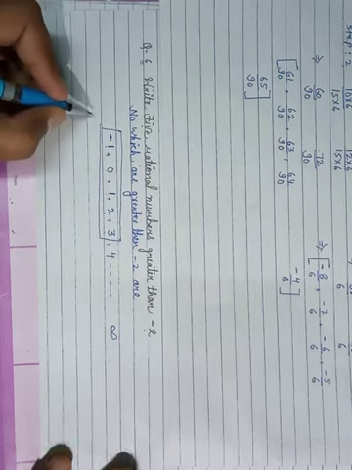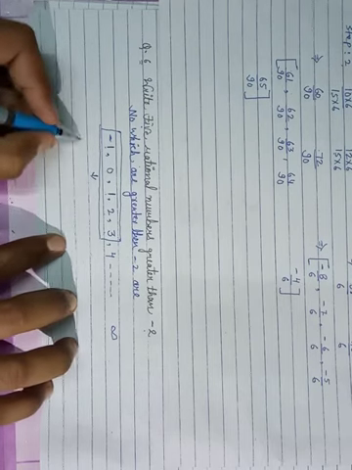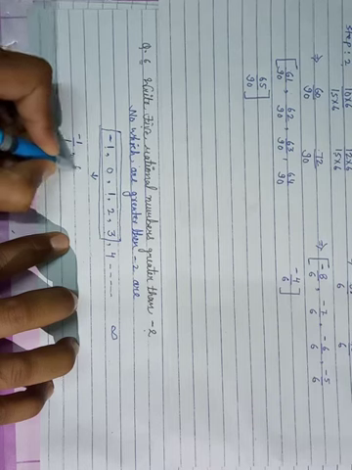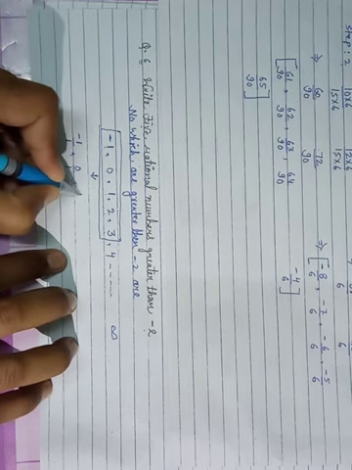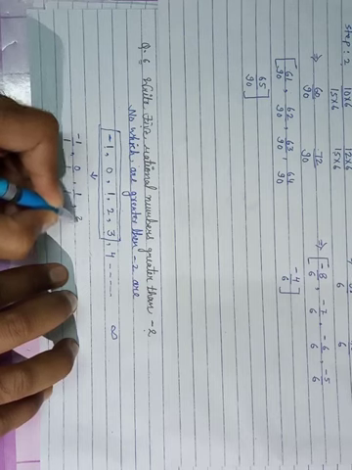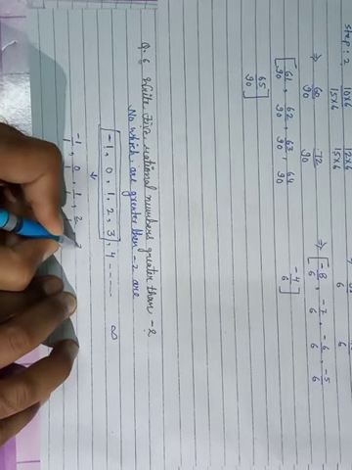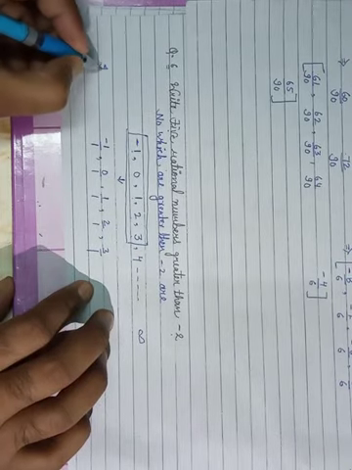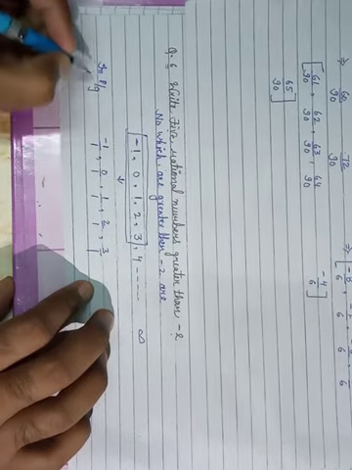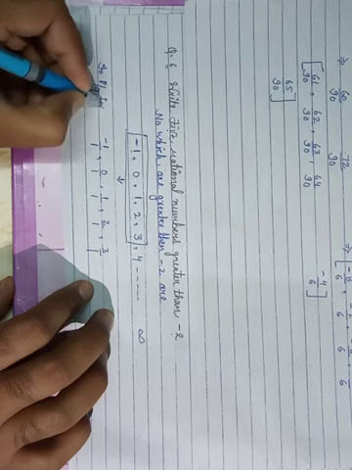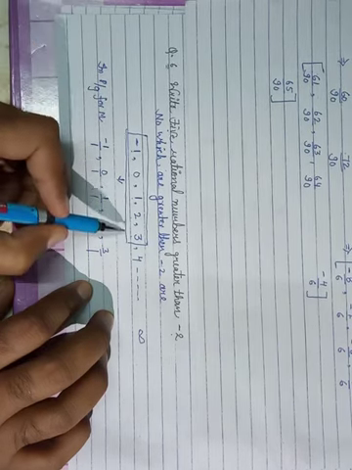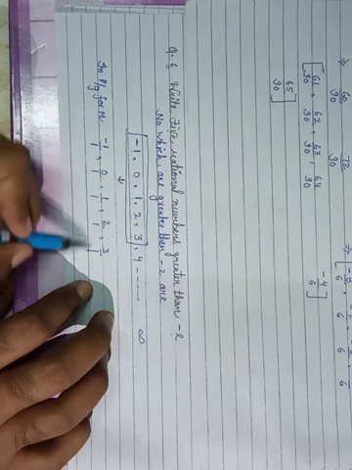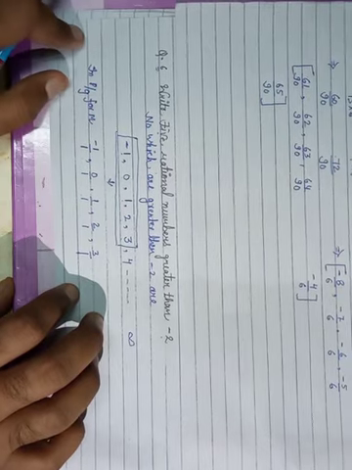You can write these numbers in the form P upon Q: -1/1, 0/1, 1/1, 2/1 and 3/1. Is that clear? You can write it in P upon Q form, because we know that each integer has denominator 1, so you can write a denominator of 1 here. I hope आपको समझ में आ गया होगा.